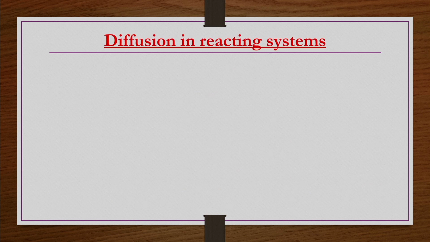So, now what about diffusion in a reacting system? If there is mass transfer plus there is a reaction also taking place, then reactions can be categorized in different ways, but with respect to the problems that we are dealing with, that is mass transfer combined with reaction, reactions can be categorized as two types: homogeneous reactions and heterogeneous reactions. Homogeneous reaction takes place in the entire volume of the system, whereas the heterogeneous reaction in general takes place at a specified location like the surface of the catalyst, etc.